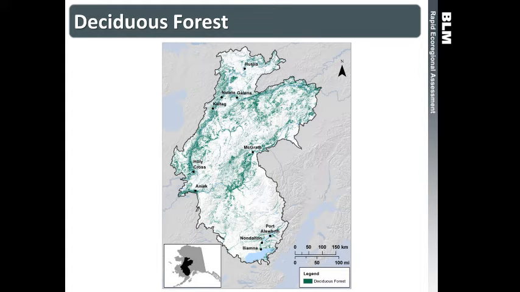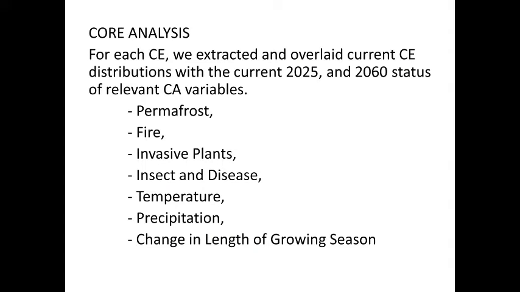And then we went ahead and in the document we described what the deciduous forest was and how it functioned, and vegetation change, et cetera. But I'm just going to jump ahead, since we don't have a lot of time here, to, first of all, the core analysis. And so for each CE, we